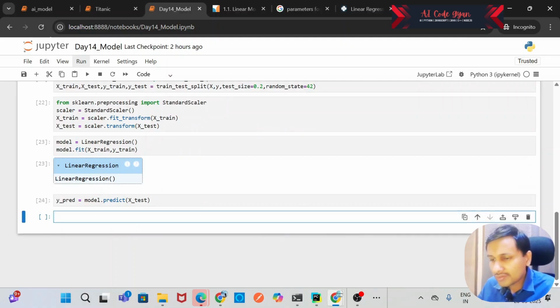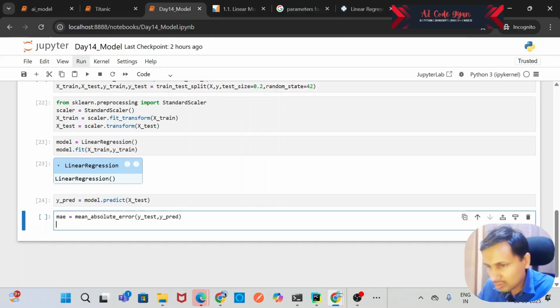Now we have already imported three parameters: mean absolute error, mean squared error, and R2 score. Let us calculate those. So how are we going to calculate? First MAE is equal to mean absolute error